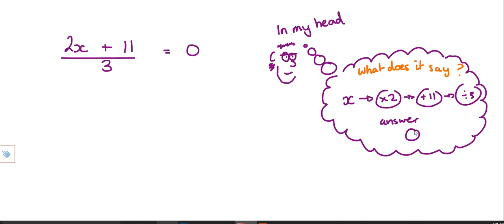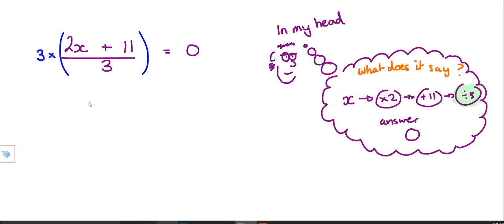So I've got to think that through. First thing we do before I start, then I know how to do the opposite. So if it's x times 2 add 11, then divide by 3, what's the first thing I have to undo? The divide by 3 bit. And what's the opposite of dividing by 3? I've got to undo the divide by 3, so I times by 3. So if I do 3 times all of that,